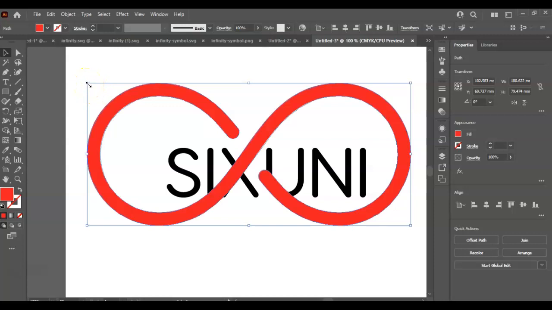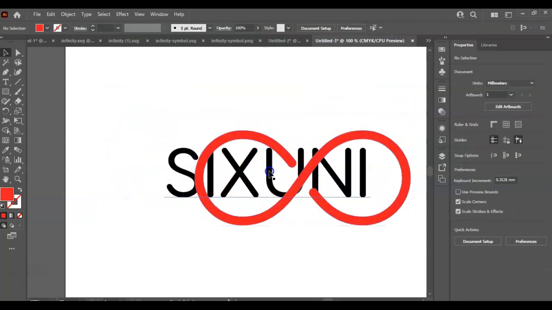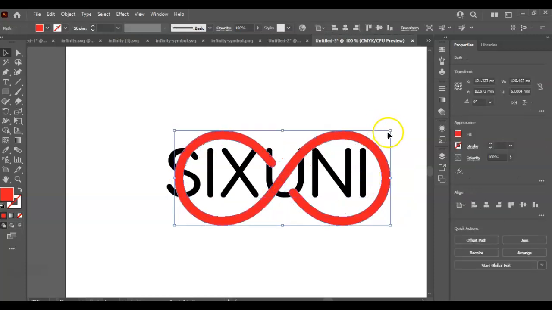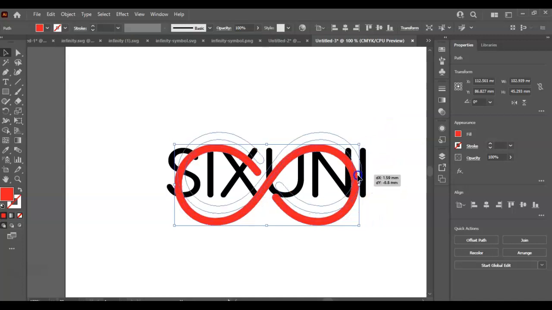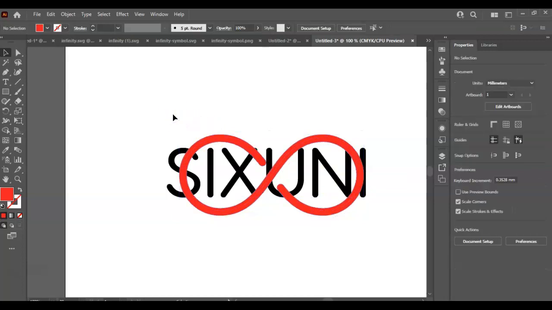Again, remember to hold down Shift. Let's scale this to a size that we want. Oops. And then I'm not holding down Shift now, I'm just moving it into position. Okay, let's just scale again. Something like that. So at the moment, I've just eyeballed it, to position this infinity symbol over